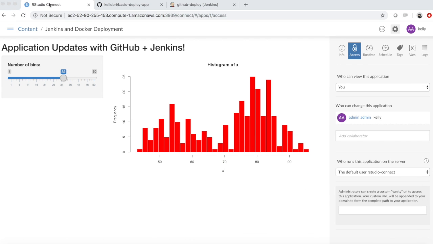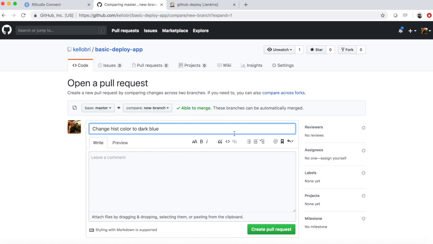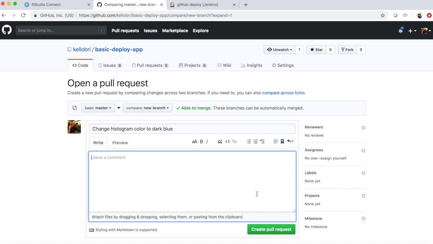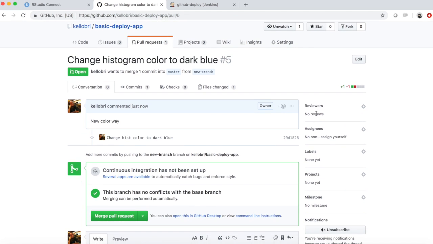So now if I go over to my GitHub repository here, you'll see I have a new branch that I can then open a pull request on. So here I'm just opening a pull request for this change so that I can merge the branch into master and push that change information over to Jenkins. I have a pull request ready to go, and at this point I could request a review from somebody else